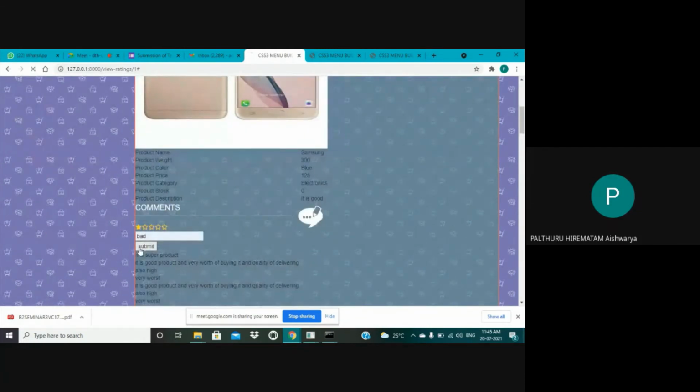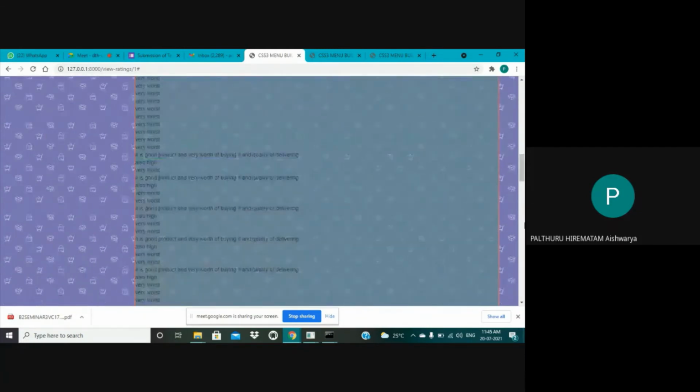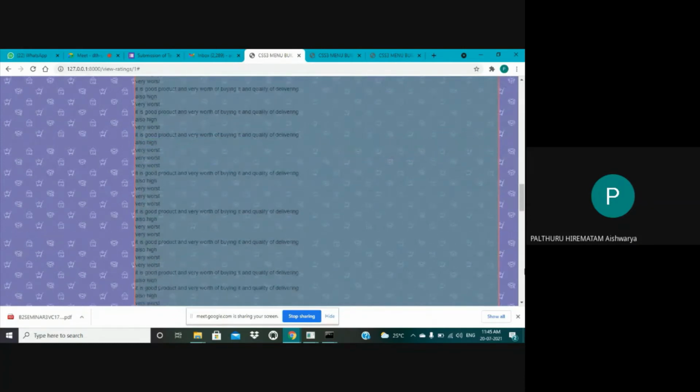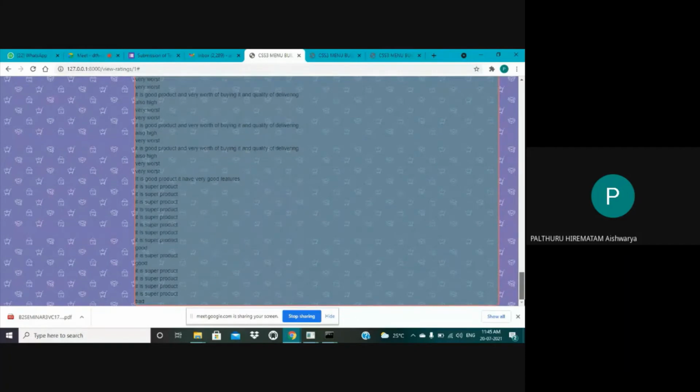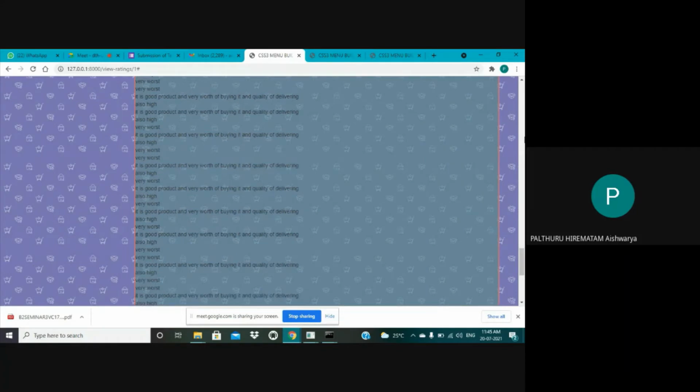Then we can see whether that is reflected on the same page. So here I can see that it has been reflected: it is a bad product. By this, the user can go through the comments given by earlier customers and judge for himself whether to buy this product or not.